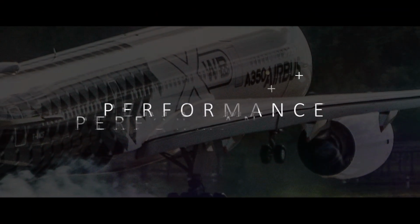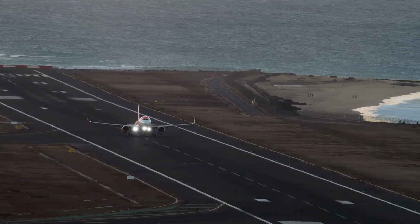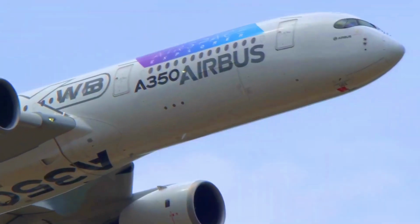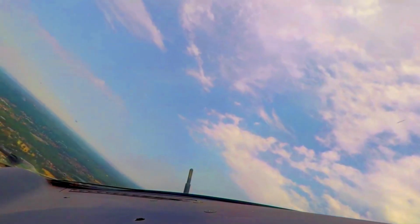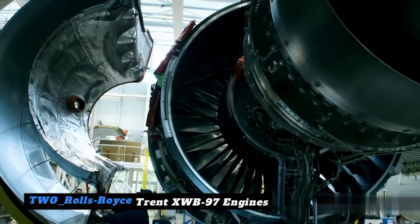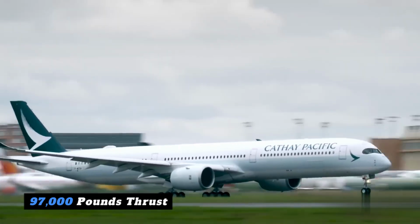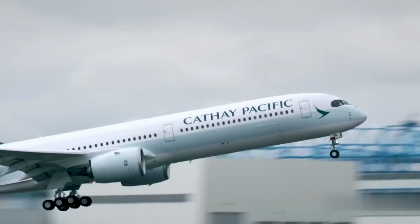Performance. Now let's talk about the A350-1000's performance. The Airbus A350-1000 is a performance powerhouse in the aviation world, and it's got the numbers to prove it. Let's start with its beating heart, those two Trent XWB-97 turbofan engines by Rolls-Royce. These beasts generate a staggering 97,000 pounds of thrust during takeoff, enough to send this graceful giant soaring into the